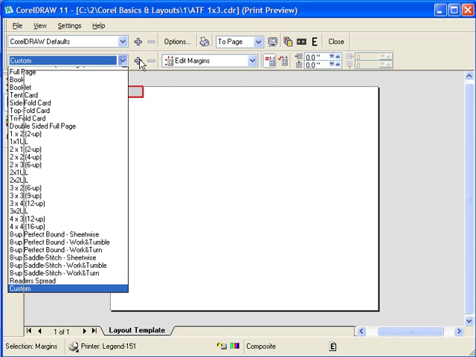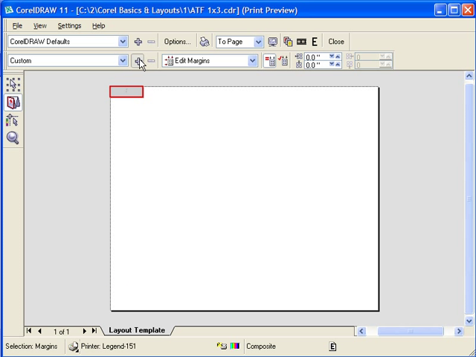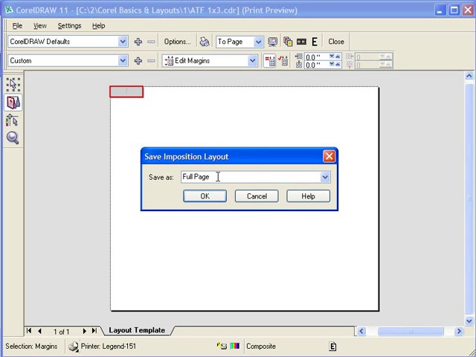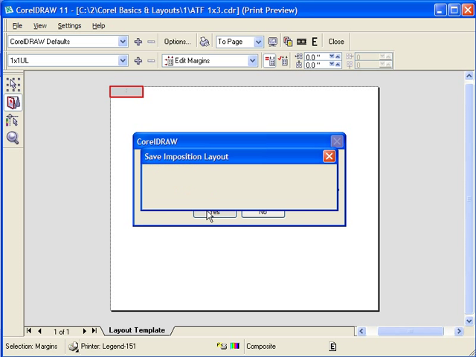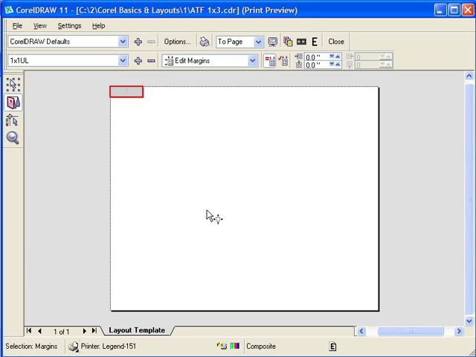So we'll click on the plus sign, and we'll call that something like 1 by 1 upper left, and OK that. Now in this case it says it already exists. Do you want to update it? I'm going to tell it yes, because I always have a 1 by 1 upper left. Now this is an extremely important concept, because from now on that will be there and available to us. I'm going to cancel out of the Print Preview now,